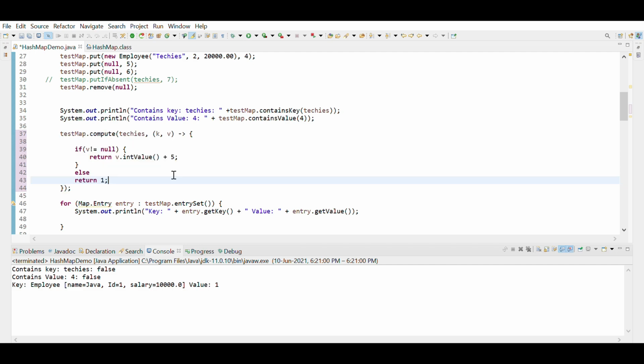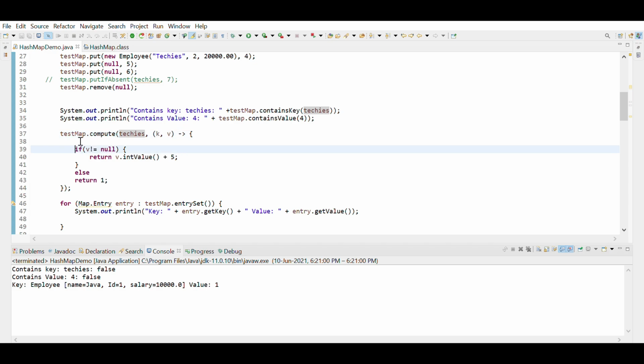What compute does is, compute is a method in the hash map class itself, and it is used to update the value corresponding to a particular key. As parameters, you can see it takes the key along with a bi-function, and it automatically updates the value for the given key in the hash map. So you can see I have taken this as a key, value pair.